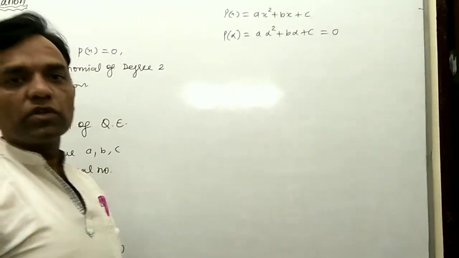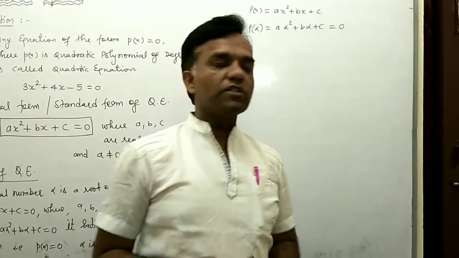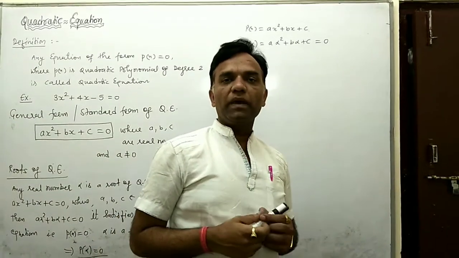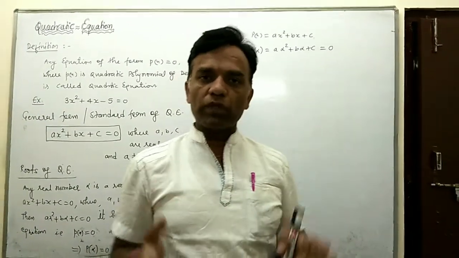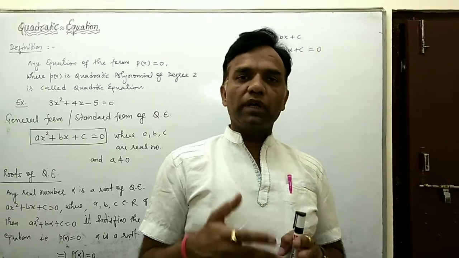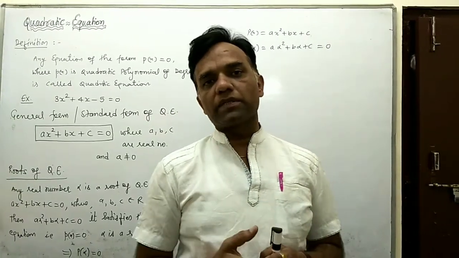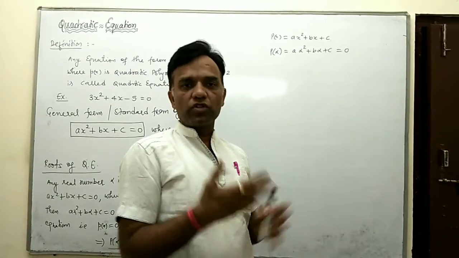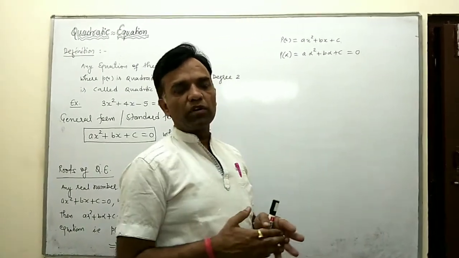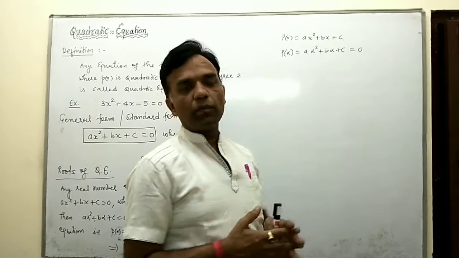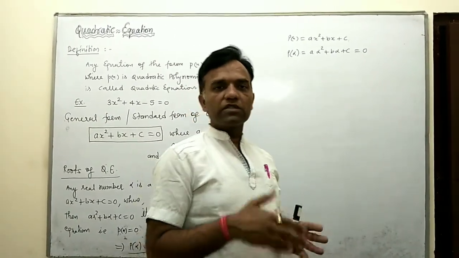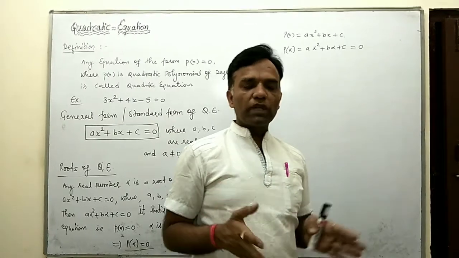Then it is also called a zero of the quadratic polynomial, because zeros of a quadratic polynomial and roots of the quadratic equation are both the same, because when you put either one in, it satisfies your given equation. Like if any equation is given, then you put that root or that zero, and the value of the polynomial will be 0. So that is the roots of quadratic equation or zeros of quadratic polynomial. So both are the same.